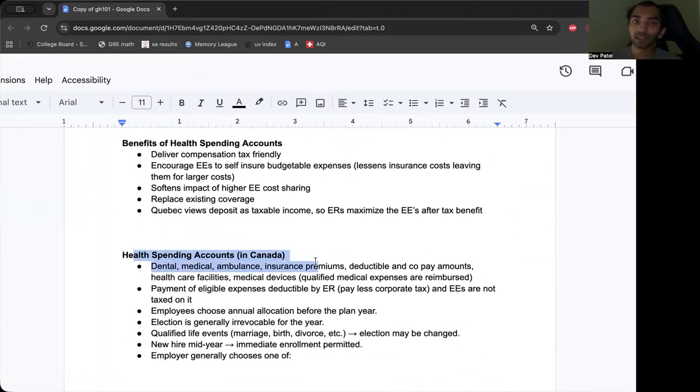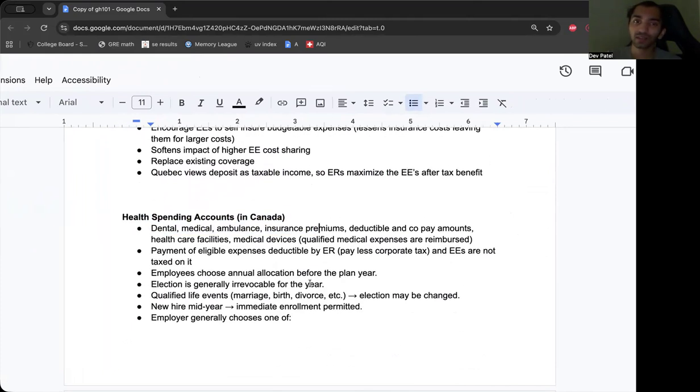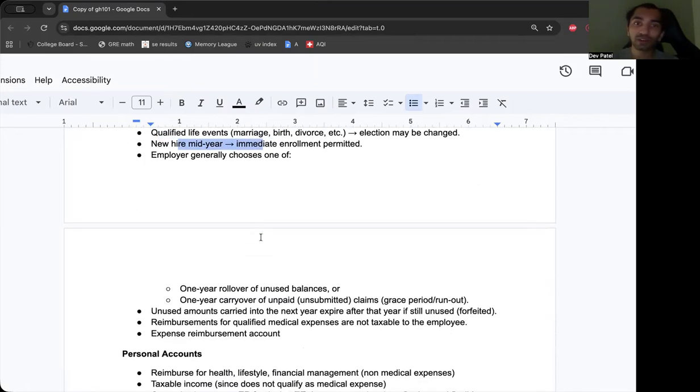And then we have HSAs in Canada, which you can think of almost as a fixed allocation before the plan year. So EEs choose whatever amount they want to allocate, the annual allocation, and then the ER allocates that amount. And this is irrevocable for the year. So this is fixed and cannot be changed unless certain circumstances happen, which are these qualified life events, or if it's a new mid-year hire. And now the carryover is typically a 1 year rollover of unused or unpaid claims, so grace